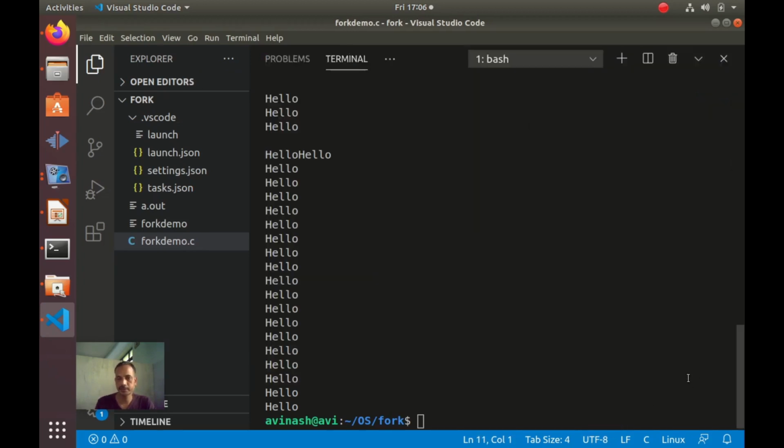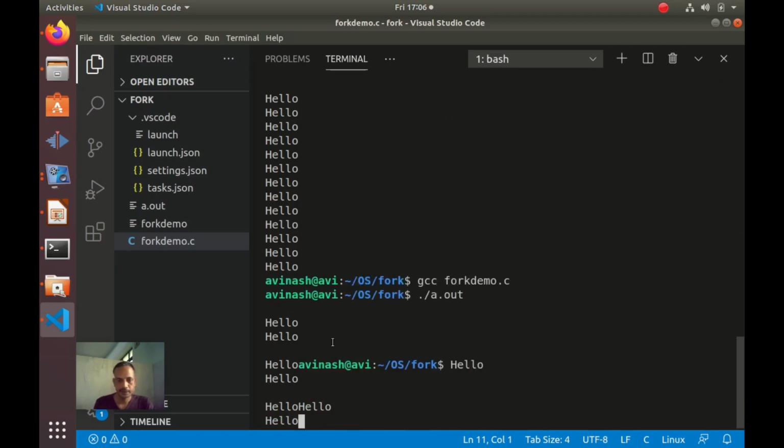So let us check whether the formula is correct or not. For 3 system calls, 2 raised to 3, that means 8 times. So 1, 2, 3, 4, 5, 6, 7, 8. It is printing 8 times. We are getting output somewhat like this. Here \n is not printed because it depends on the scheduling, how much time every process is getting. Maybe for printing this \n, the time is over for some of the processes. That's why you are getting the output like this.